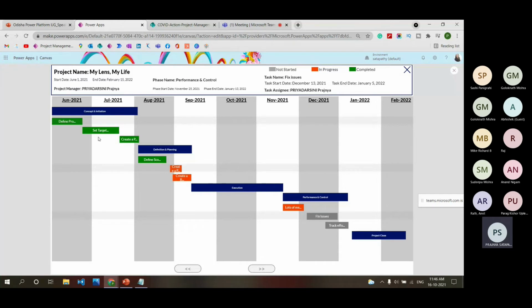But now I will explain how we are placing these phases and tasks. I'll consider the first phase is starting from June 1 to August 5. Then how is it placed between June 1 and August 5? Because in the background we have just fixed the column names along with the month and year. So let me tell you how it is done.